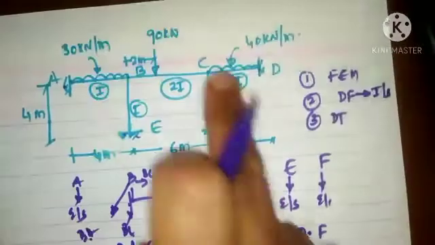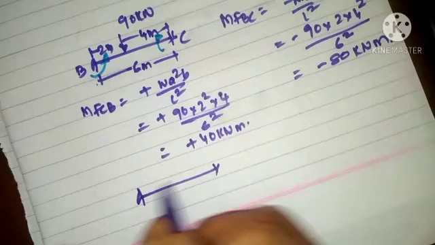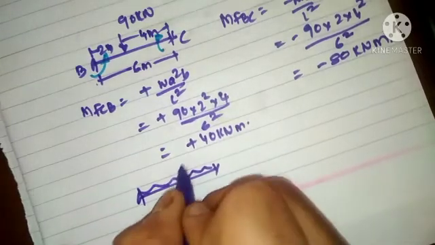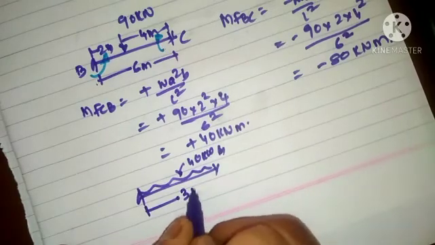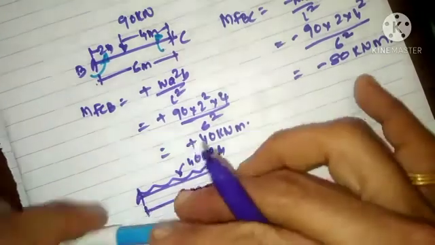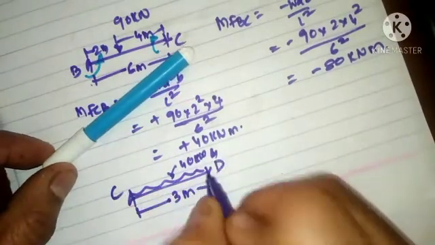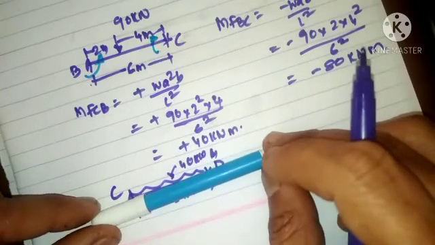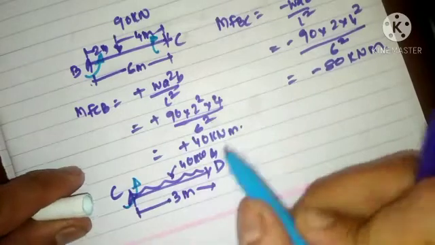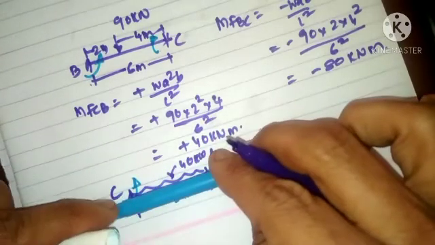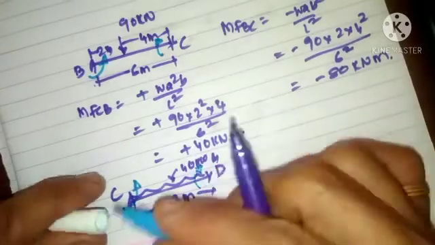Coming on to the last span, which is C and D. So for the last span C and D, if you draw the free body diagram, it carries a UDL of magnitude 40 kilonewton per meter, and the span of the beam is 3 meter. The same situation arises here as for A and B. Similarly, the same condition prevails for CD also. UDL will try to rotate the beam in clockwise direction. C will offer a resistance force in anti-clockwise direction. Likewise, UDL will again try to rotate in anti-clockwise direction. D will offer a resistance force in clockwise direction.